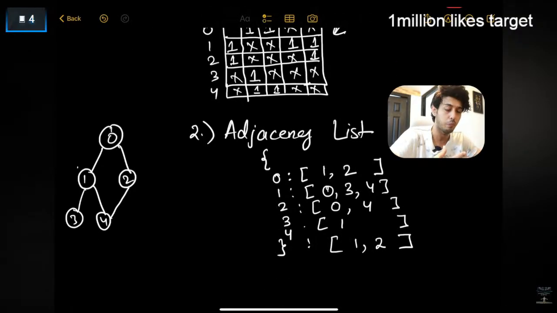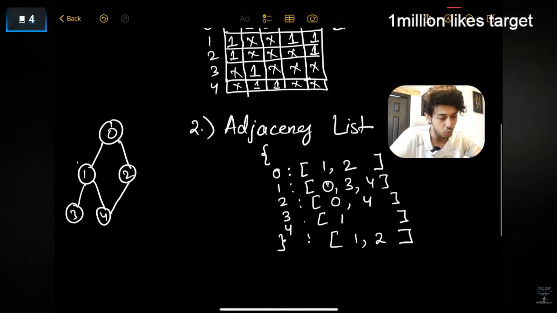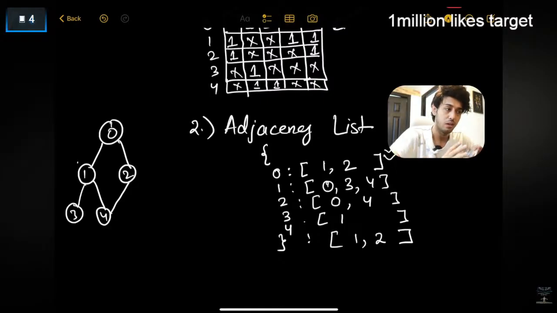तो ये बहुत इंपॉर्टेंट है कि उस केस में एडजेंसी लिस्ट विल बी दी बेस्ट वे टू रिप्रेजेंट। क्यों? क्योंकि इसमें यू स्टोर एग्जैक्टली वट एवर इज नीडेड, राइट। एक नोड के कॉरस्पॉन्डिंग अगर कोई भी नेबर नोड कनेक्टेड नहीं है, देन वो एम्प्टी होगा, राइट। अगर वो नोड बिल्कुल ही आइसोलेटेड है, अकेला है, तो वो एक एम्प्टी एरे से हम रिप्रेजेंट कर देंगे, राइट। तो हम ऐसे मैट्रिक्स में वो स्पेस नहीं वेस्ट करते हैं।